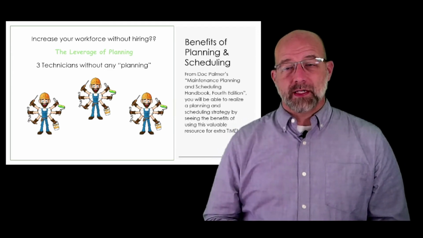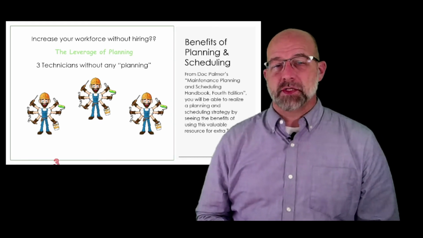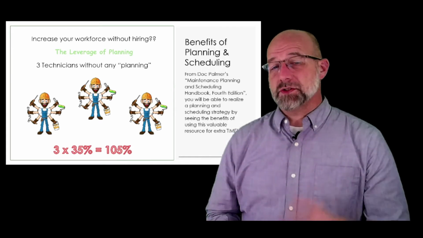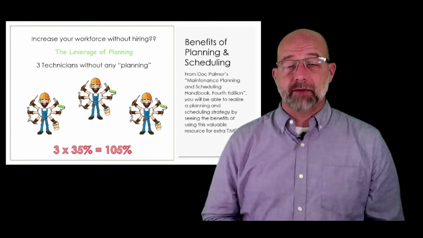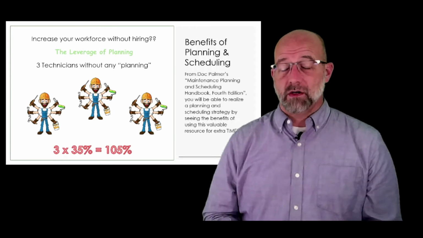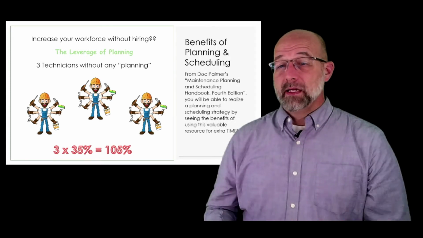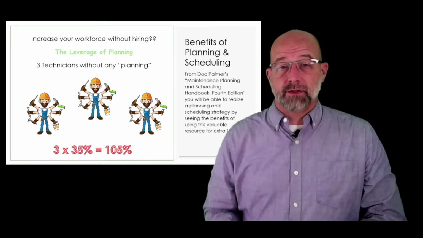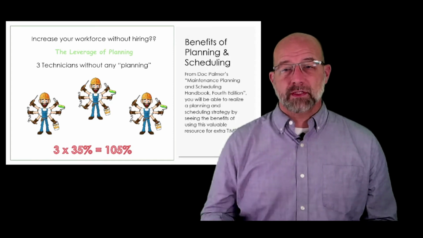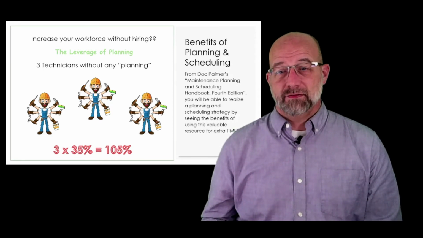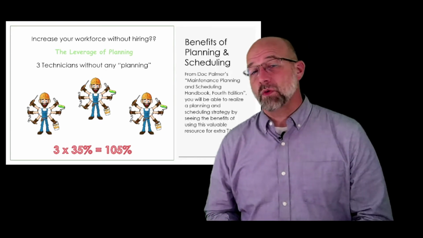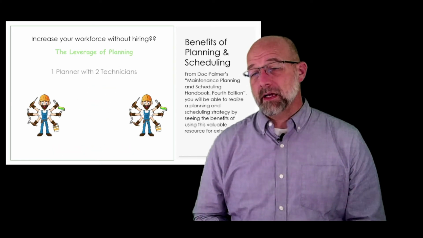As they're doing this work, on average, they're about 35% efficient in their day-to-day things and how they do them. So if I take those 3 technicians and multiply that by the 35% productivity level, I get 105% total productivity between all 3 of them. Now, you can think to yourself, 105%, that's better than 100. They're doing good. Well, in essence, that is only really an extra 5% of improvement on productivity versus what you could have if I took one of those away and I made that a planner.